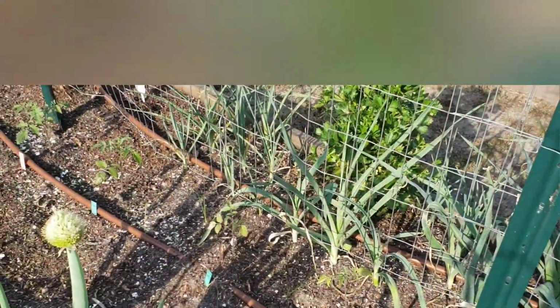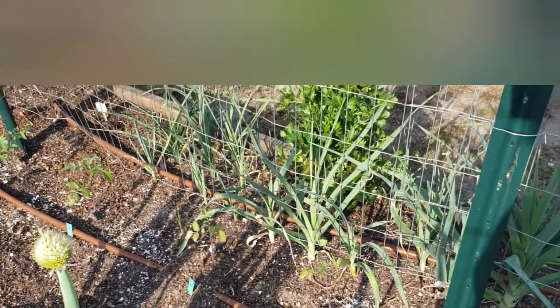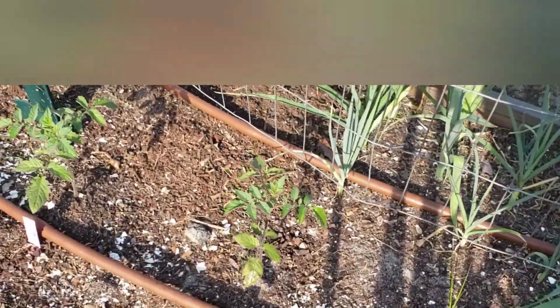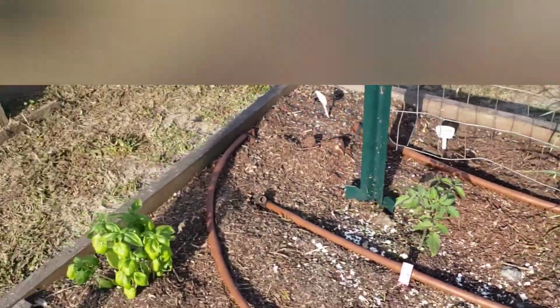So this is the cherry tomato bed. There's some sun-gold tomatoes, and there's shotwing tomatoes. They're really, really small, but they're there. It's early May, so we're still on time. More